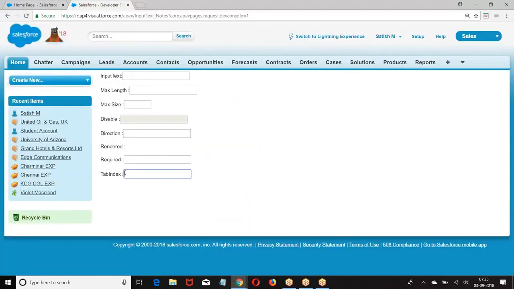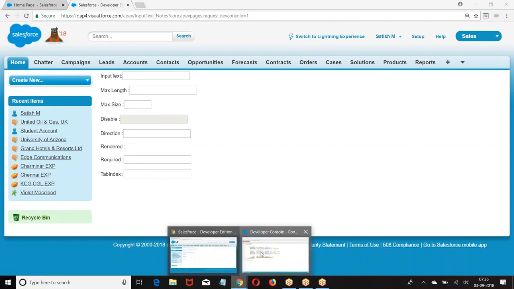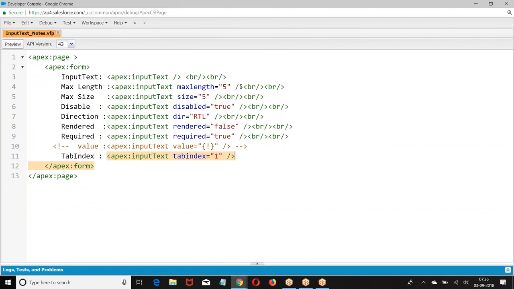Where is the cursor? The cursor is in this box. Tab index equal to 1 basically means it has to start here, but there is a cursor here when you load the page. When you press the tab, what is the order? Now you want to give the numbering. You can give a numbering. Tab index 1.